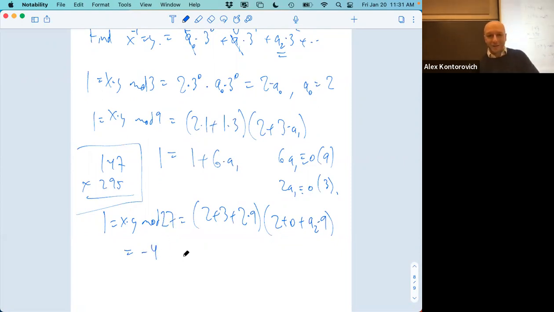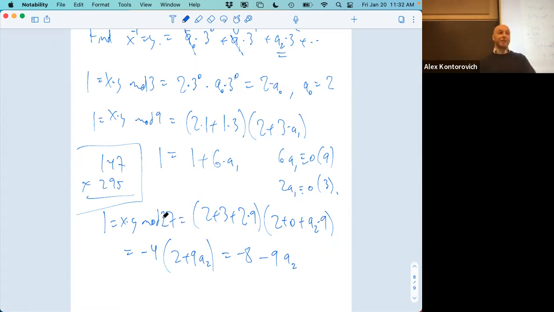I hope someone's checking what I'm doing. And I'm multiplying that by 2 plus 9a2. So 2 times -4, this is -8, plus 3 times 9 is 0. So this is -1 times 9. So that's -9, -9a2. As long as your coefficients are in the field, then